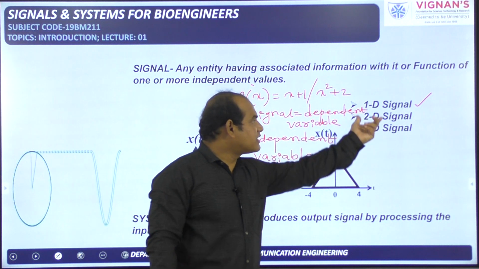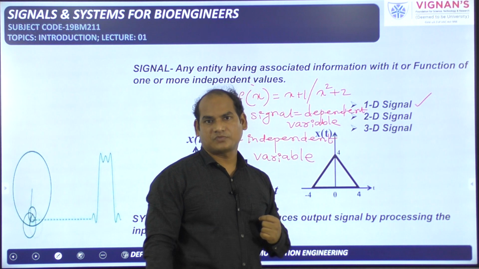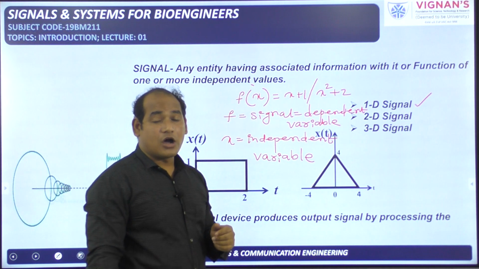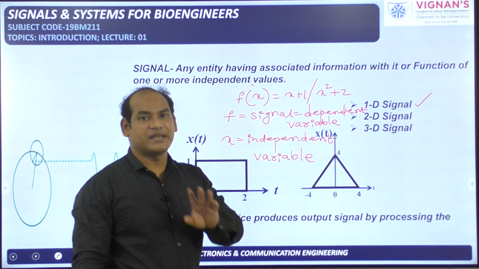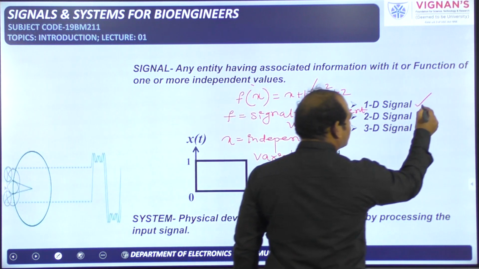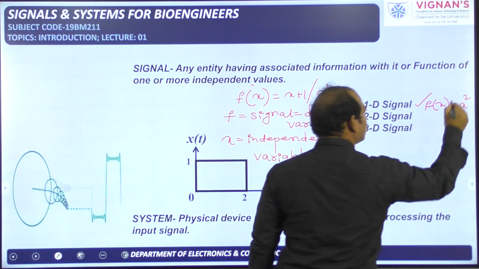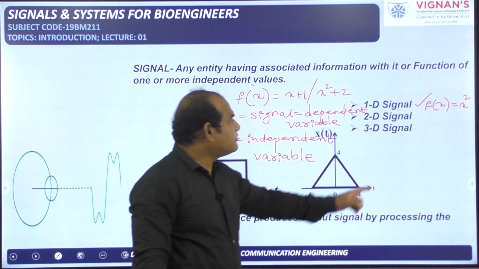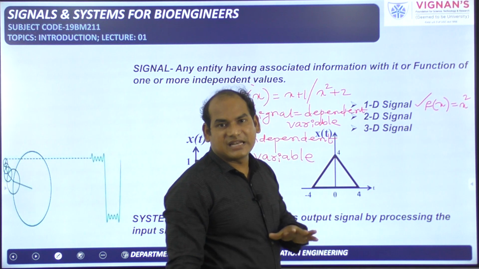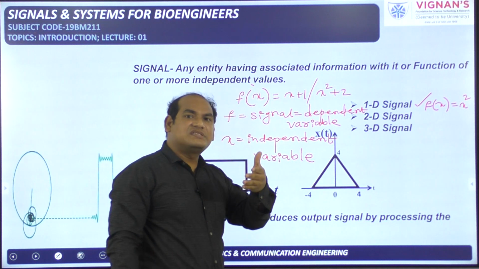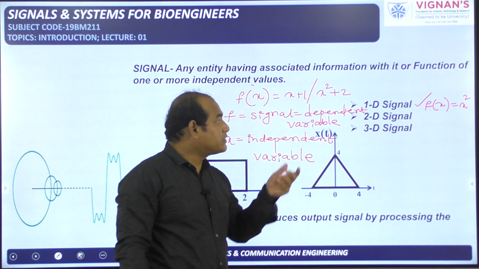This is one particular classification of the signals: one dimensional, two dimensional, multi-dimensional signal, or here three dimensional signal. How can we tell one signal is one dimensional? It has only one independent variable. An example: I can take f of x is equal to x square. It is one signal, where the dependent variable f involves x. Then a two dimensional signal means, as I said, f is a signal that should involve two independent variables.